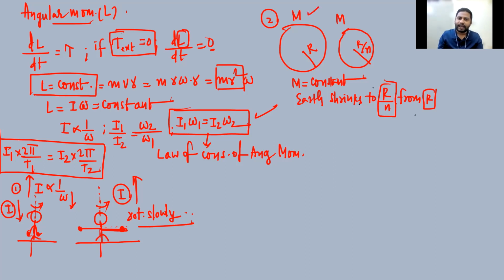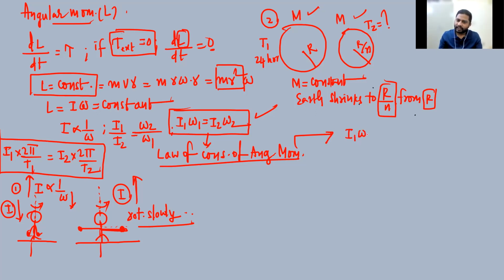In this case, that is very important, my dear students. Here the concept of the time period will change. So here the time period is T1, which is 24 hours. So here the time period is T2. What is the time period? Okay. Now, by applying the law of conservation of angular momentum in this case, what will happen?